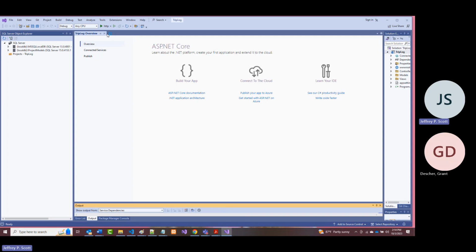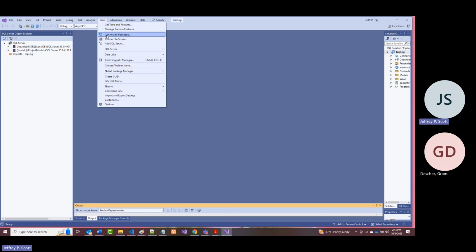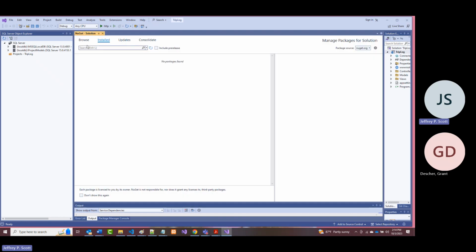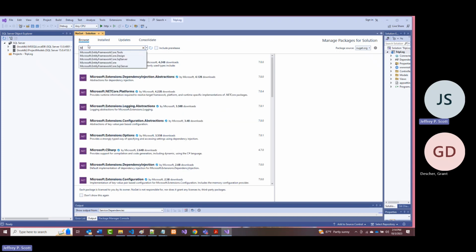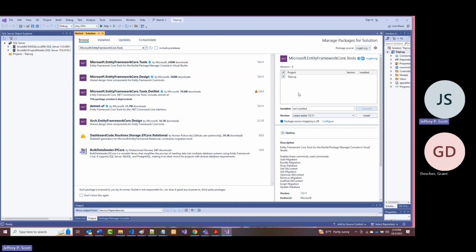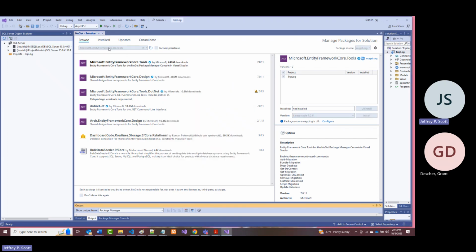You know pretty much the protocol for this now. So I'm going to start by going to tools and NuGet package manager and manage NuGet packages for solution. And I'm going to go to browse, and into browse, I'm going to put in Microsoft.EntityFrameworkCore.Tools, which is here. There it is. So I'm going to add that, click here, choose install, accept,